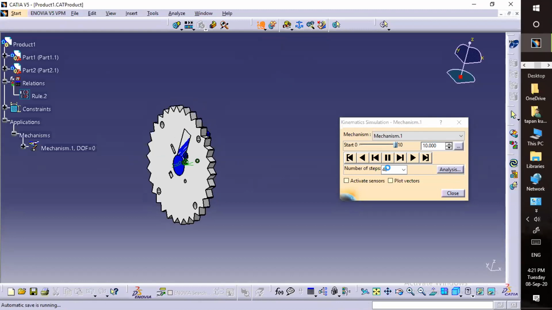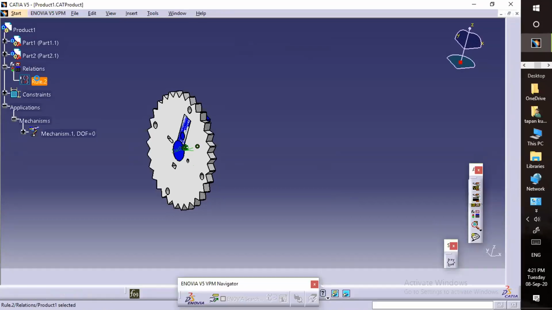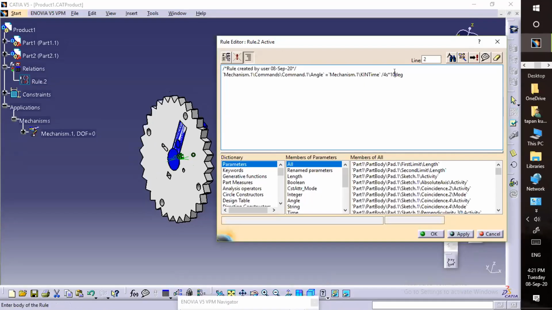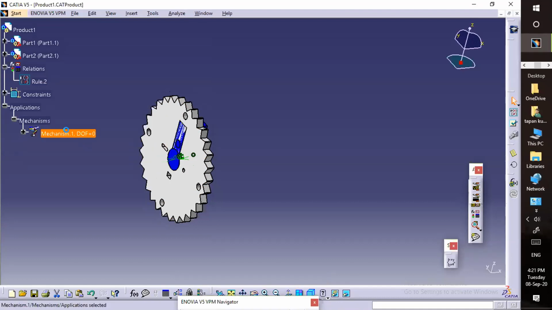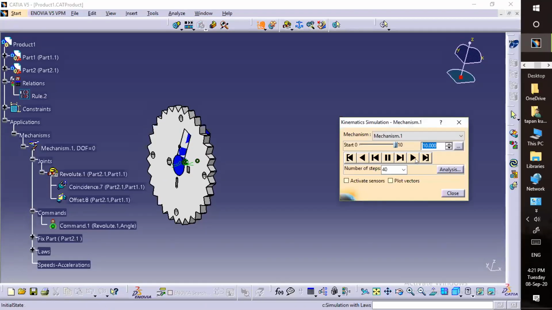Then if you want to move it fast, then increase the angle: 4 seconds, 100 degrees. Okay. Now double click on the mechanism and simulate it again. So see, it will move very fast.